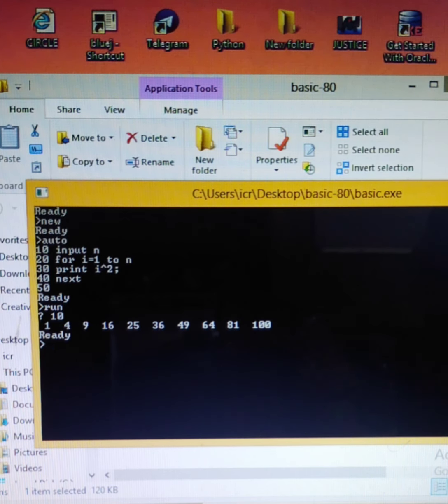Yes, before I quit from this video, I would like to suggest some hints also. Suppose, for the program that you have seen initially, printing the first natural numbers, a reverse is given, that from 10 to 1 you have to print. Let me show you a simple way of doing it. You will be writing for I is equal to 10 to 1, step minus 1.